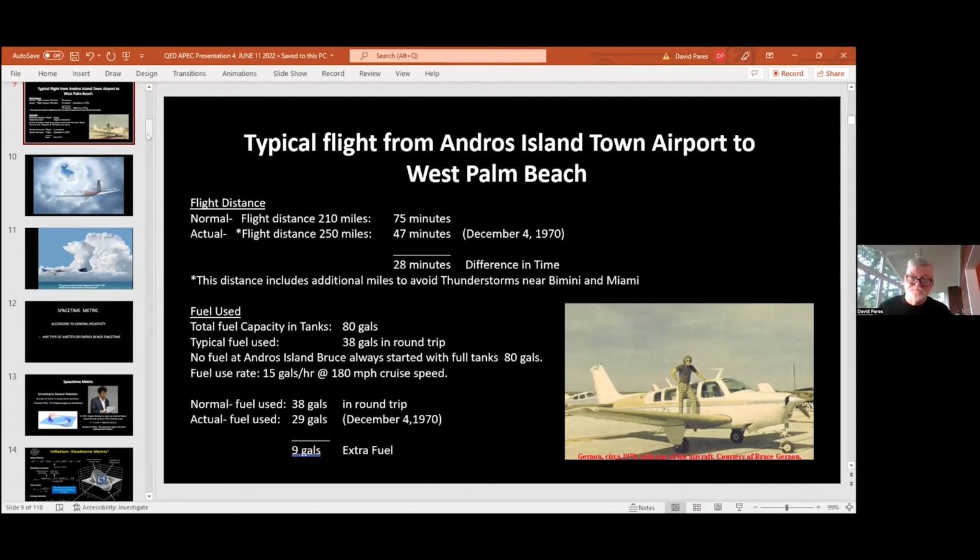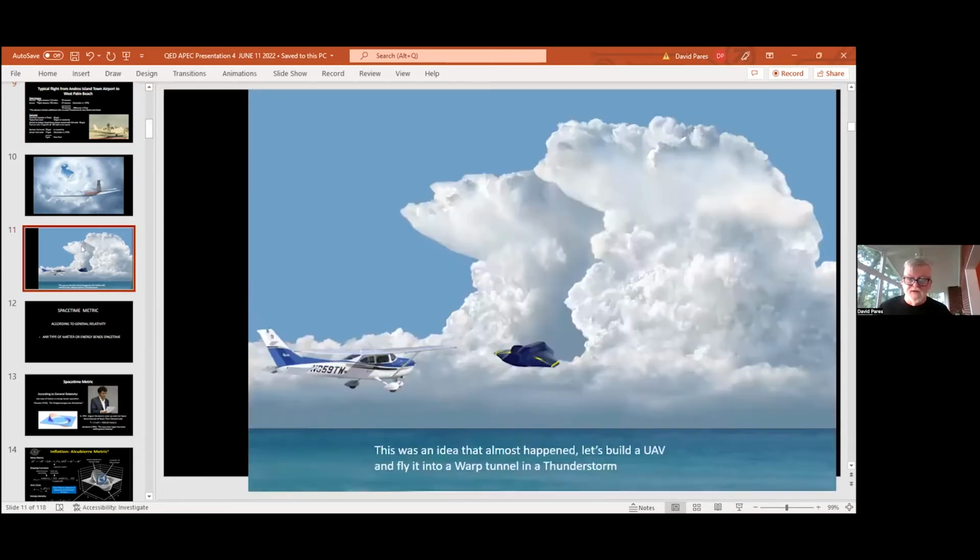But depending upon conditions, solar winds also help to energize the isolated development of these thunderstorms. And so I figured out the actual forecast parameters for these things, which helped in moving this particular concept back into the lab. One of the ideas that we had initially was to take a UAV, Bluebird 2, which is the design that I have an